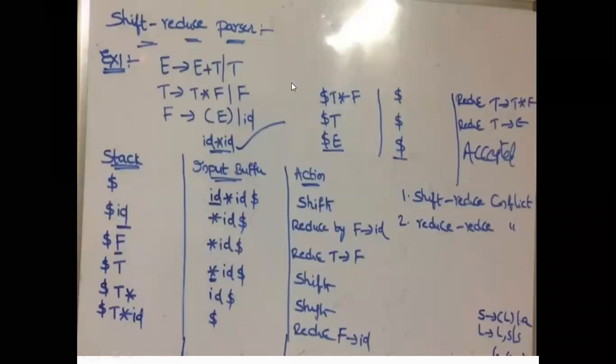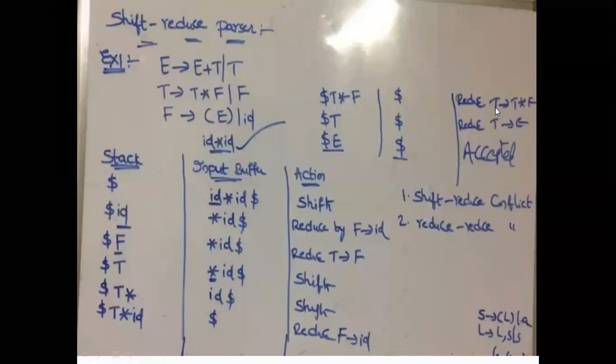So here for example, T is replaced with capital E, so T is replaced with capital E star F. So E star F: is there any production with E star F? There is no production. For example, we are considering F as a substring. So this F is replaced with capital T. Is there any production with T star T? There is no production. Okay. So then we go for T star F is replaced with capital T. So left side non-terminal, that is capital T. So in this one we are performing one reduce operation.